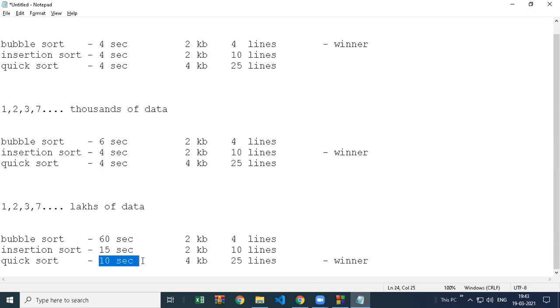So what are the factors that determine time? The time is taken by the iterations, the number of loops. I just told you that bubble sort takes more time if you have lakhs of data, but we can determine the efficiency of an algorithm by how many loops there are: whether it is quadratic with nested loops, or a single loop, or no loop at all. So this determines the time.